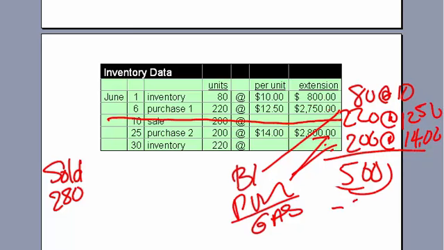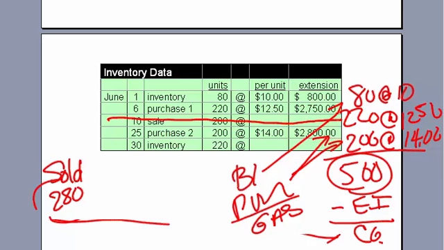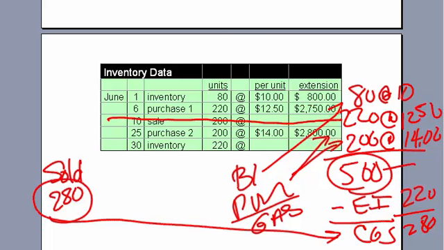If we subtract out our ending inventory to get the cost of goods sold, well, we know we sold 280, therefore that ending inventory must be 220 units. If we have 500, we subtract 220 units, we get 280. So the issue with the calculation for the weighted average